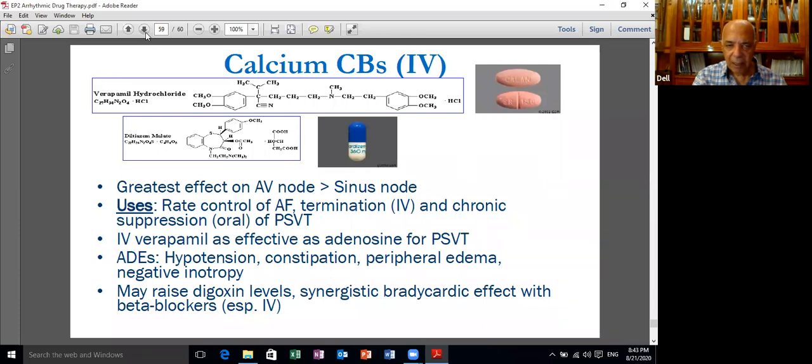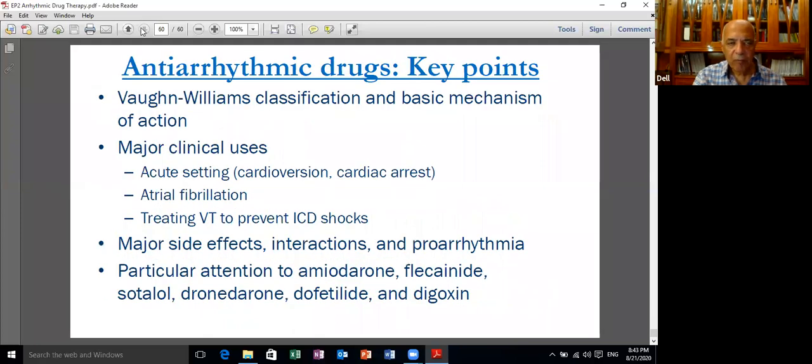It may raise the digoxin level and has a synergistic bradycardic effect with beta blocker because, as I showed you in the slide of action of beta blocker, the downstream signaling pathway involves the calcium entry into the cell, applicable to both. So actually, we passed quickly through Vaughan Williams classification, major clinical uses in the acute setting of